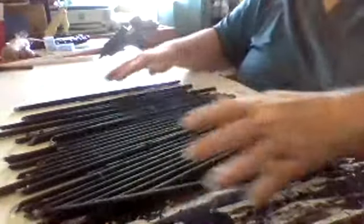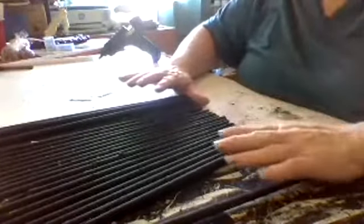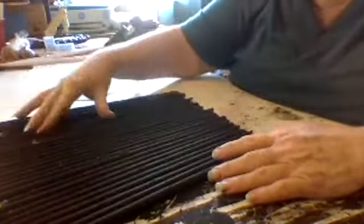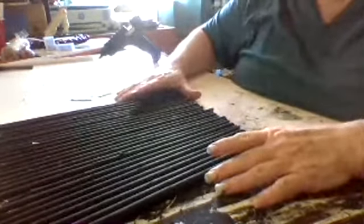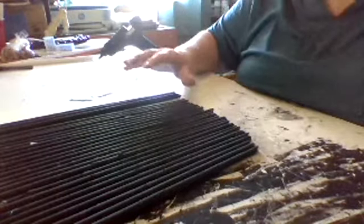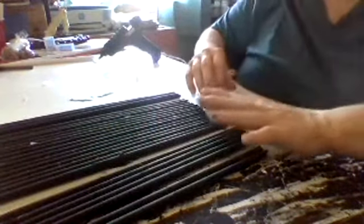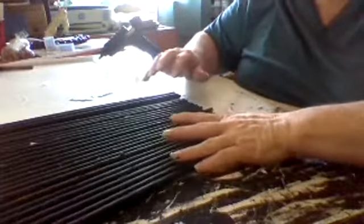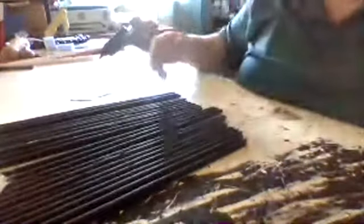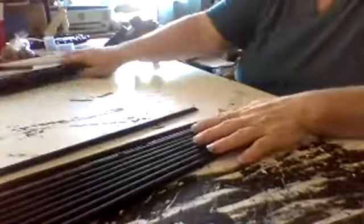So now that we got all these pieces, we're going to even them up, every point matched at the bottom. And the reason why we're doing that, because some of these are shorter than others, which is fine. And some of them are longer. I just want to make sure I get the very, very short ones out. This one is very short. And just set those aside. Those will be ones used at a later date on the same project, but just not right at this moment. And it's this one and this one. Okay, I knew I had a few of them. I wanted them for something else. There we go. Now with what we got here, we are going to organize it